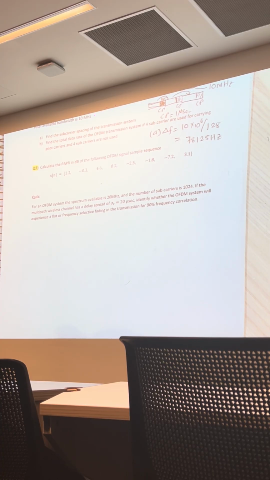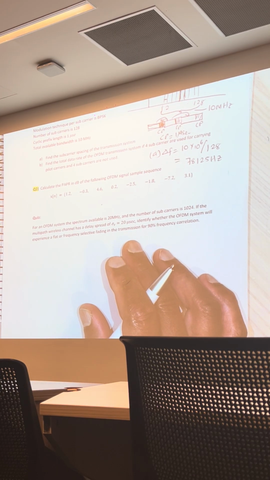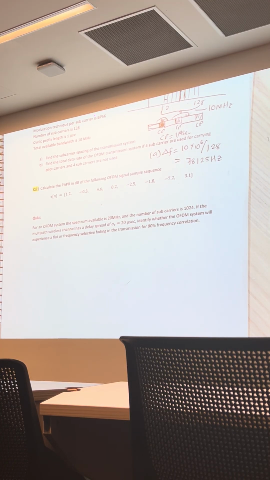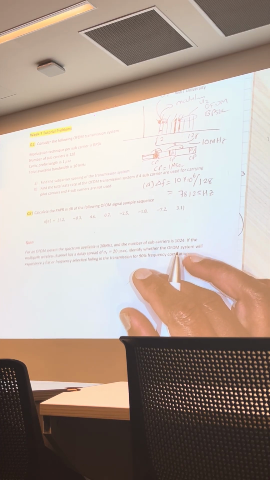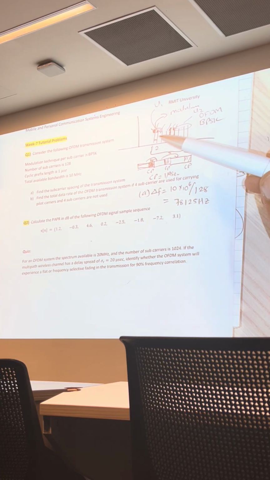So part B, find the data rate of the OFDM transmission system, if 4 subcarriers are used for carrying pilot carriers and 4 subcarriers are not used. So out of 128 subcarriers, 4 subcarriers are used as pilot. Pilot subcarriers are used for the purpose of synchronization for the receiver and so on. In other words, it doesn't carry data. Right? So you cannot use that subcarrier for calculating data